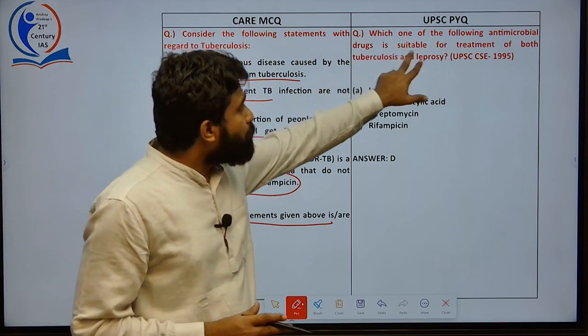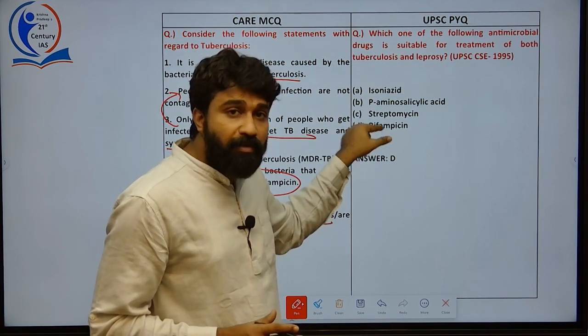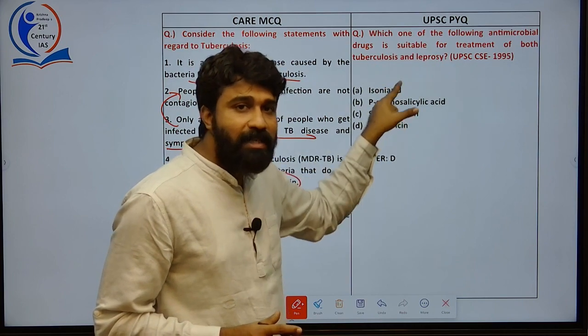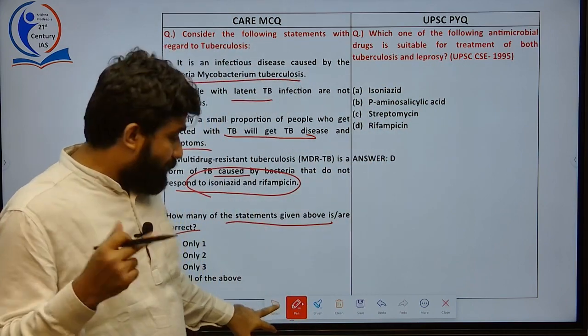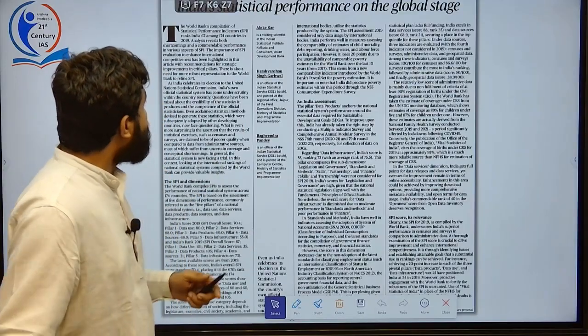And next, coming to PYQ, there was a question related to it regarding rifampicin. Rifampicin is a common medicine for leprosy and tuberculosis. And coming to the next article, this article is about